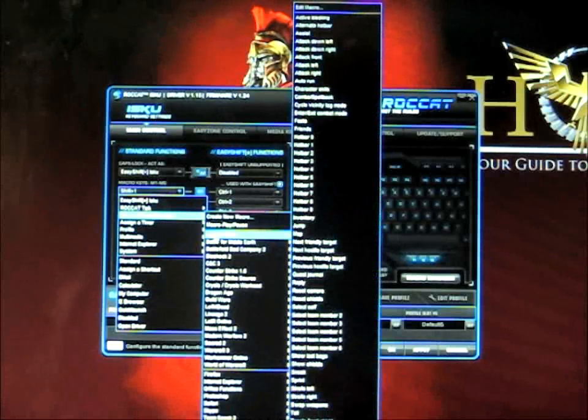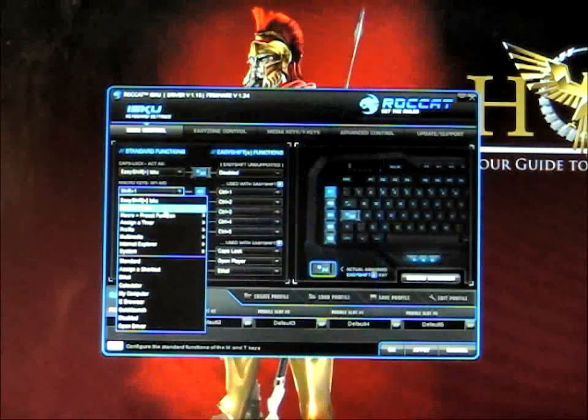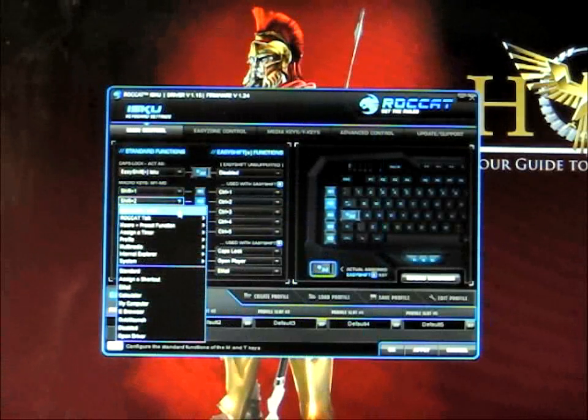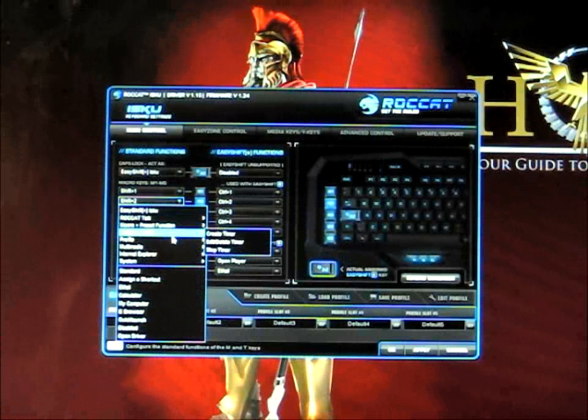Now if you go under here, Age of Conan for instance, there is a boatload of hotkeys that are already programmed in. You can just click and assign whatever one of these functions you like. And that's the same for all these keys here. You can go in here and assign a timer or a profile,